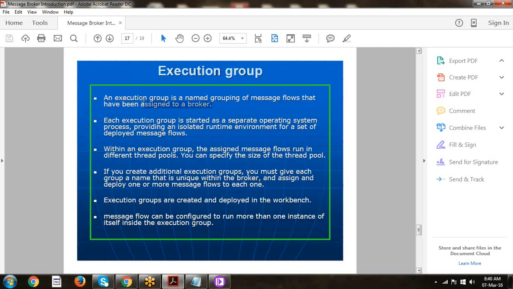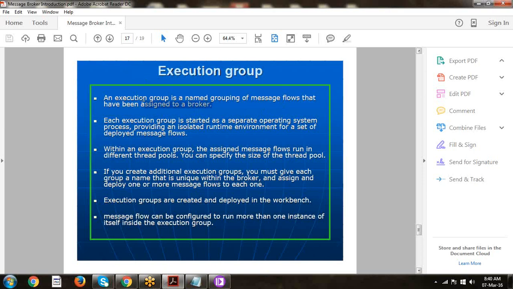For example, if you deploy 5 message flows on a single execution group, and you stop the execution group, all the 5 message flows will be stopped.